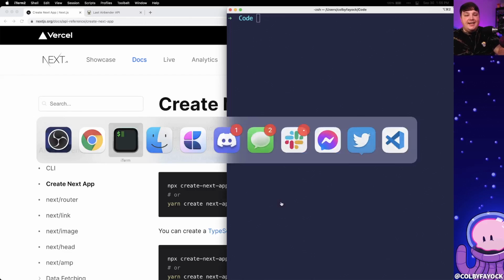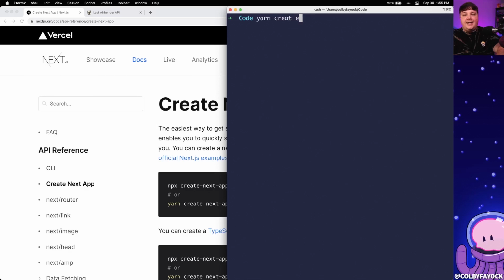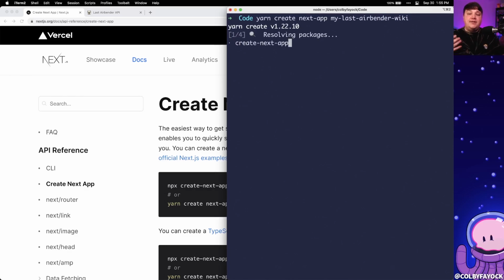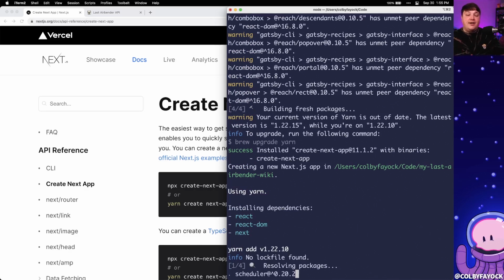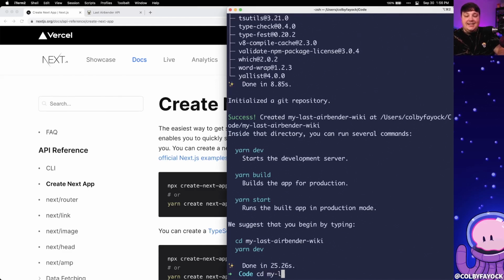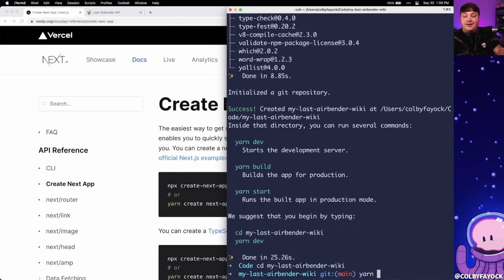So to get started inside of my terminal, I'm going to run yarn create next app, and I'm going to call that my Last Airbender wiki. What that's going to do is in the background, it's going to clone down the default Next.js project. It's going to install all the dependencies and even reset Git to make sure that we're able to start off running. But once that's done, I can cd into my new directory and I can run yarn dev, which is